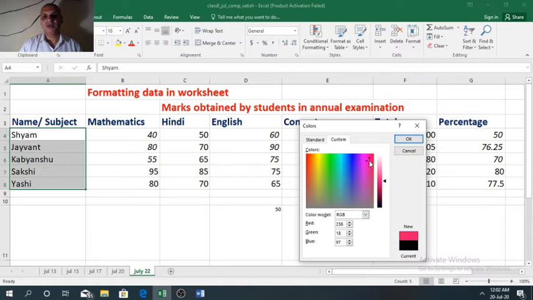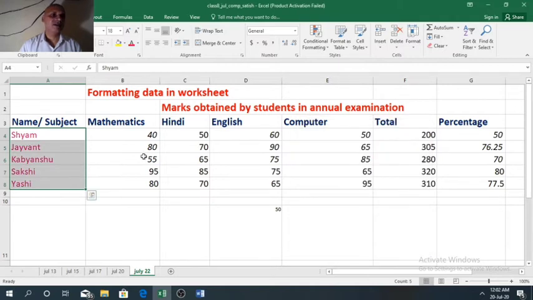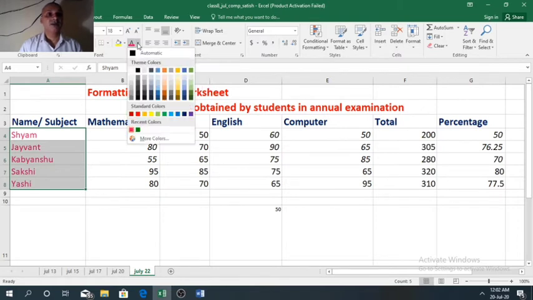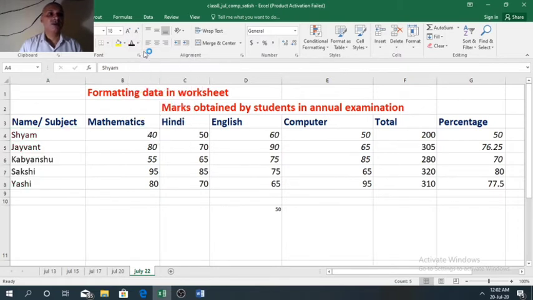So whatever choice you want, you can select and click on OK. Now you can see that font color is applied. To make it black, again go to that arrow and select the first option, automatic.